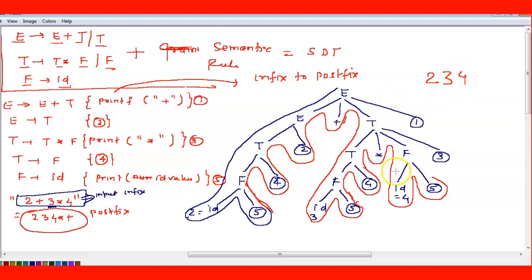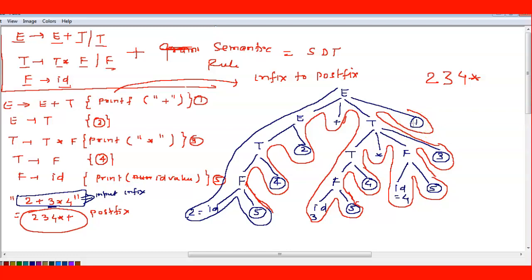Right? Then this one reduces by rule number 3. Rule number 3 is what? Print a star. Then again it goes ahead, and again a reduction is there. Reduction means perform the actions. Whenever the reduction is there, perform the actions.